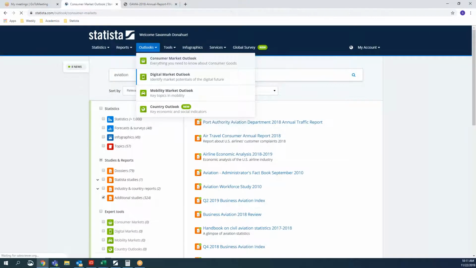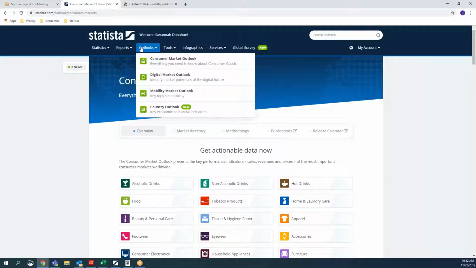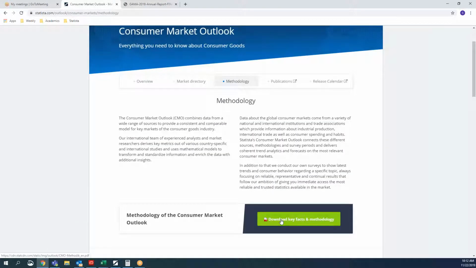The first one we're going to dive into is the consumer one. Now, the consumer market outlook and all of these outlook tools were created in response to the question where, let's say you wanted to compare revenue trends of clothing. So I want to see the revenue trends of t-shirts in the US to t-shirts in the United Kingdom. You weren't able to do this research just because each country has their own way of analyzing the data. And so because of this, and because they have a different methodology, you can't do a direct apples to apples comparison. What Statista did was we created our own methodology, which you can download here, and we applied